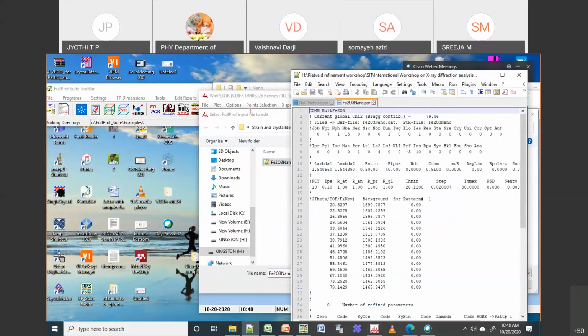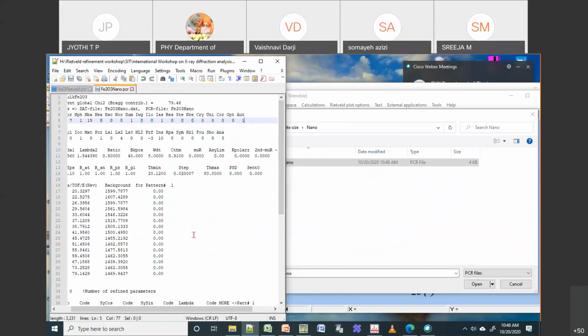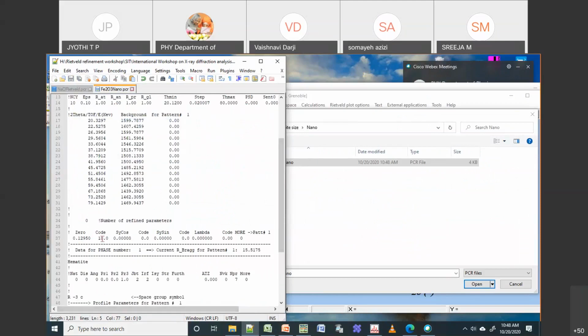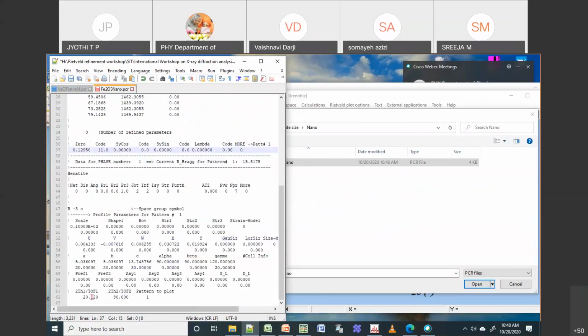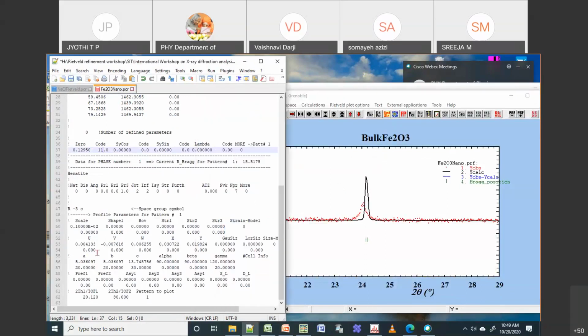EDPCR. Okay, so I have to change this to auto because sometimes it is not changing due to this. Then I will check zero code is fixed, so I have to change this to 1. That means it has to change during the running. That is the reason why it has not changed the position. You can see there is a shift in this position, and even ABC parameters are fixed, so it is trying to fit with the same old parameter. So I'm asking the program to change the values.